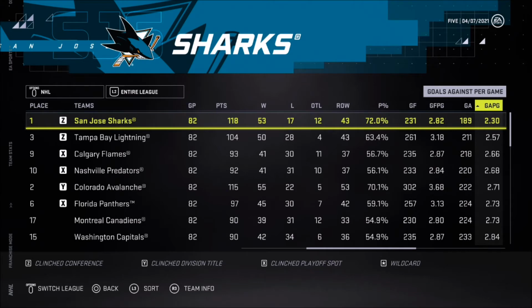Then this one actually surprised me quite a bit. The fewest goals against per game in the National Hockey League goes to San Jose with 2.30. Tampa Bay follows them with 2.57, Calgary with 2.66, Nashville with 2.68, and Colorado with 2.71. Now that is all the stats I am going to give you for the 5 out of 10 attribute